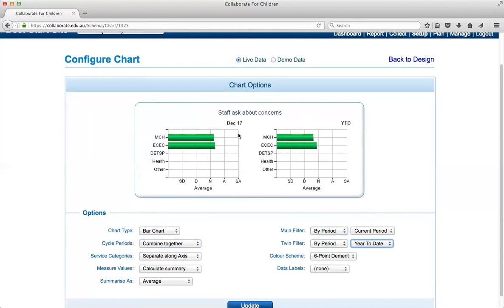So if you compare those two visually, you can see that there has actually been an improvement in December because the December results are better than the year-to-date results. So again, it just depends on what is going to be useful for you in how you display it. So if I were to click update for this,